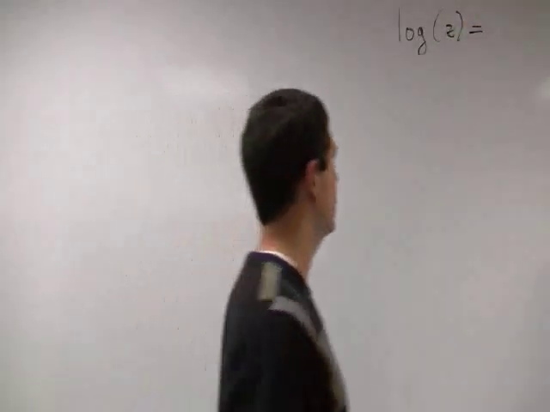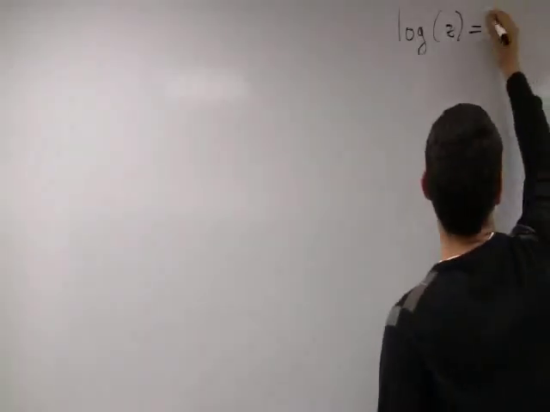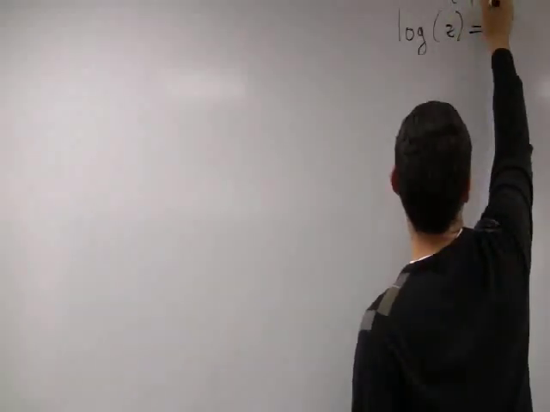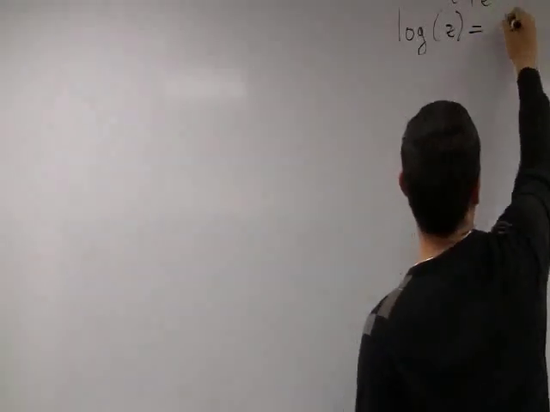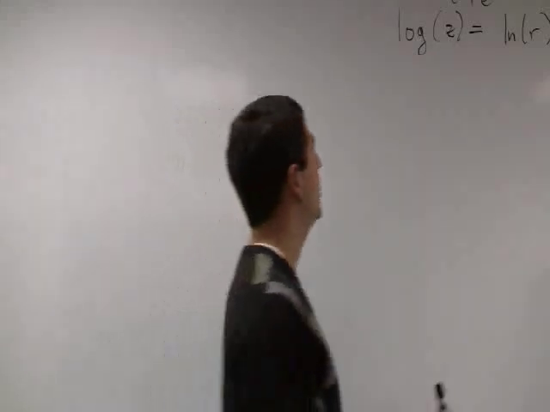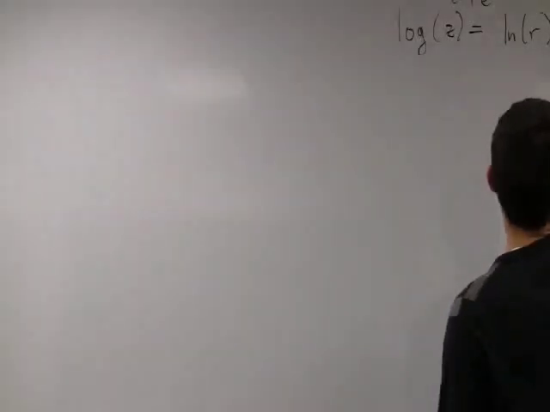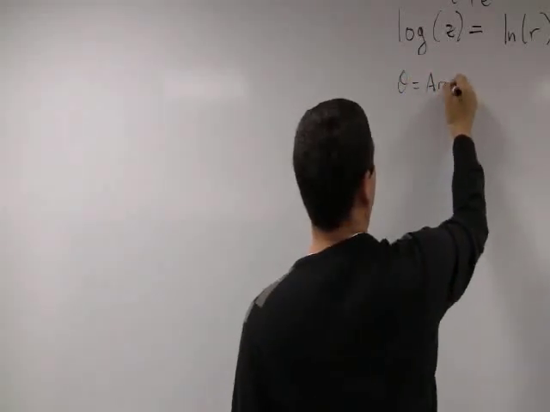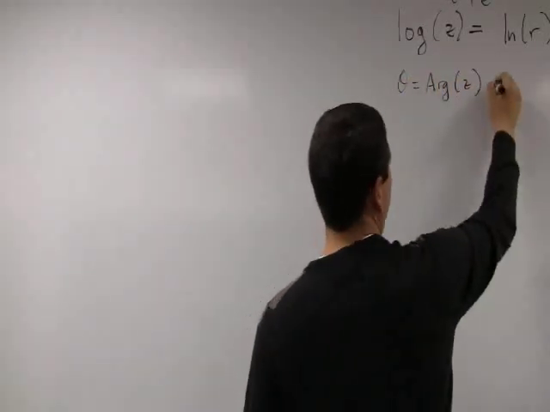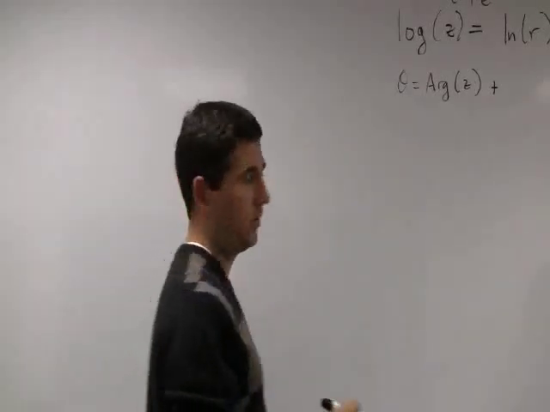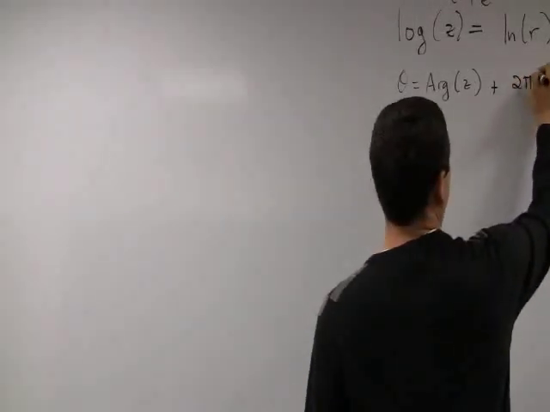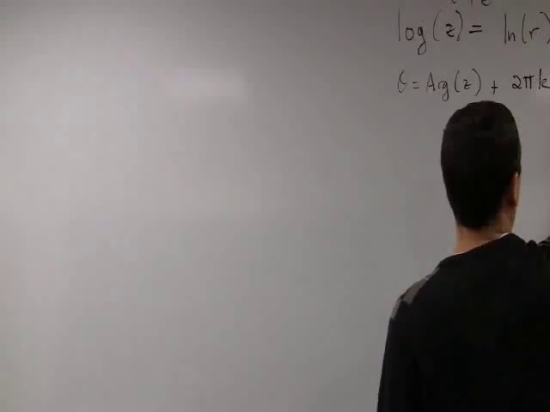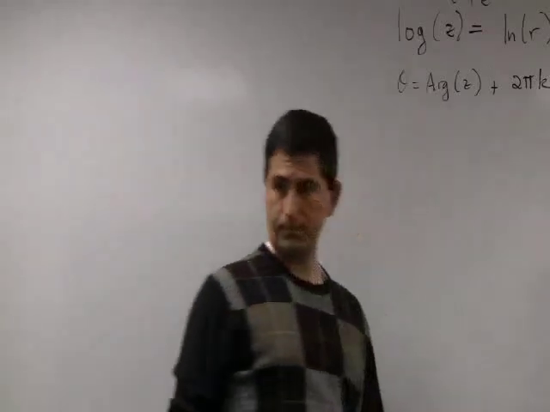It's a multi-valued function, and if z is written in polar form as r e to the i theta, then log of z is the natural logarithm of r plus i theta, where theta is any one of these angles given by the argument of z plus all multiples of 2 pi. Fine,